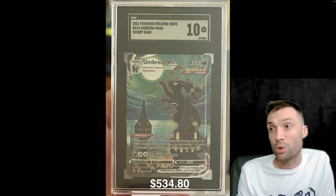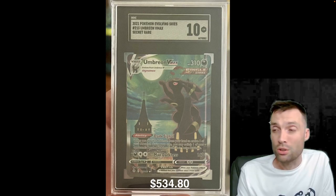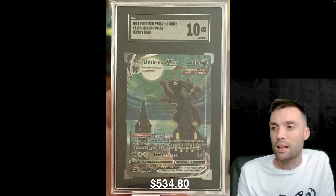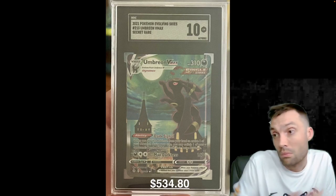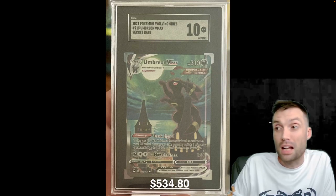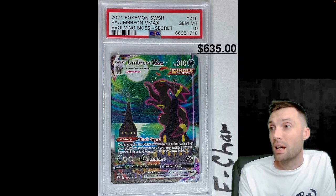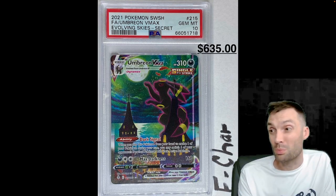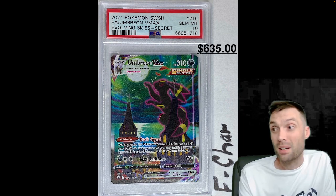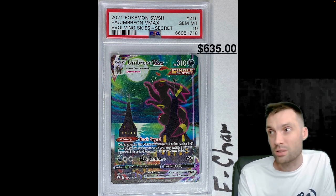If you're going to spend quadruple digits, 4-digit numbers on a card with BGS, CGC, it had better be a clean 10. You've got to make sure that's a clean 10. A PSA 10, $600. I don't know, but that PSA 10 looked very clean. I mean, look at that thing. It looks pretty well centered, much better centered than that last one we were just looking at. I know it's slightly tilted to the side a little bit, but